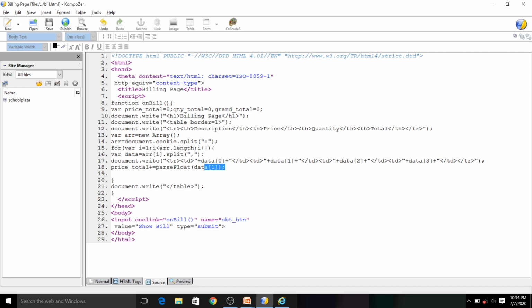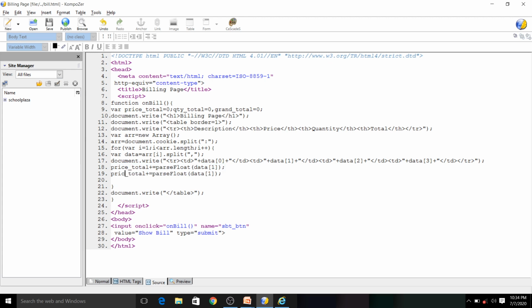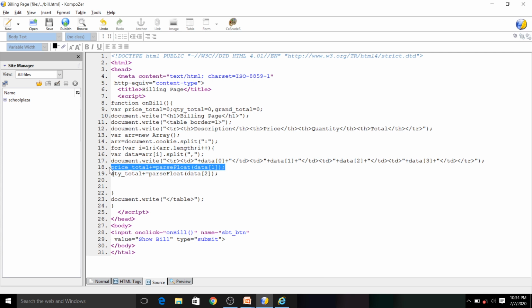Same thing you have to do for quantity total. QTY total, don't change the variable name. And here data of 2, and last data of 3, that is total. Here we have to change the name too.